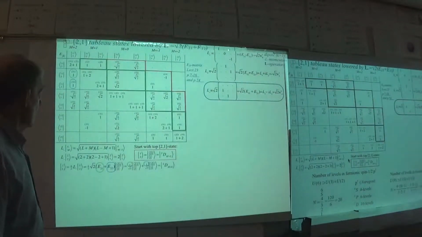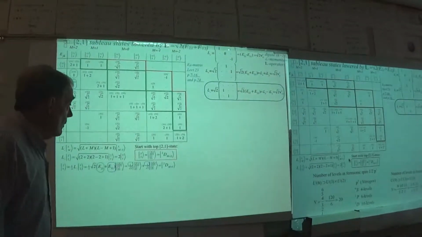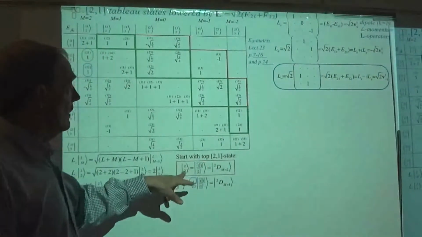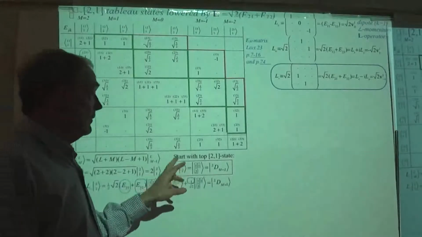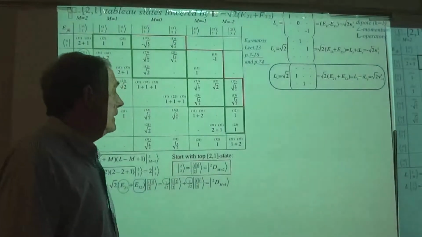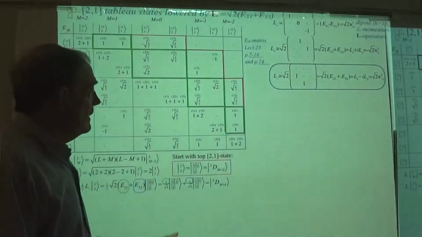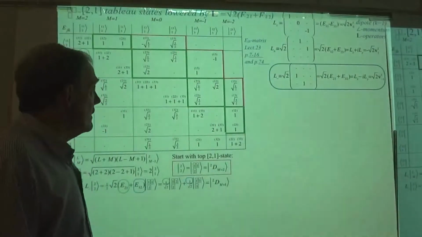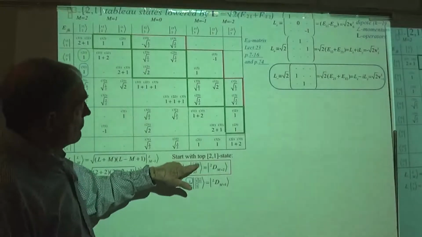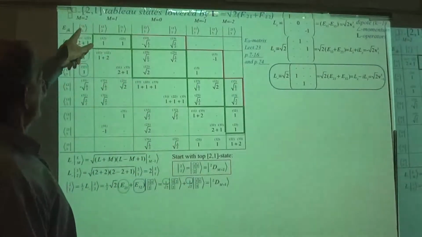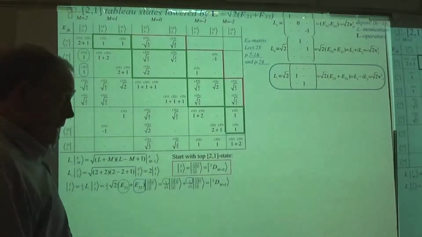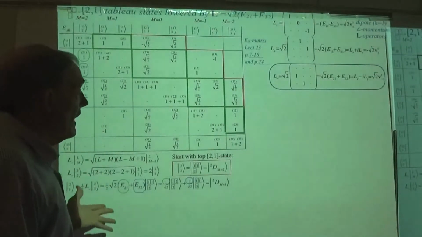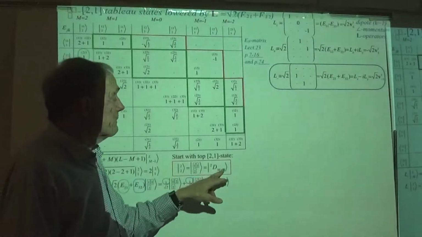But let's just look at what we need to do here. We need to start with the top of the food chain, as it were. We need to start with the biggest angular momentum, that's D, and we look at the doublets because that's what this tableau is shaped to give. And we're looking at tableau 1, 1, 2, the very first tableau at the very upper portion of this thing, which we know, since nobody else has a z component of 2